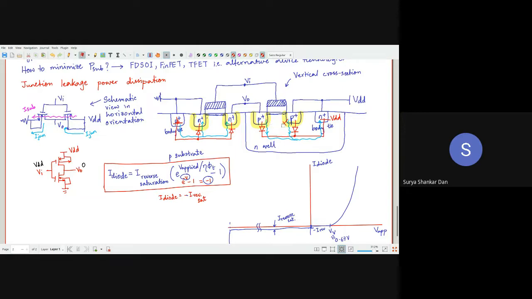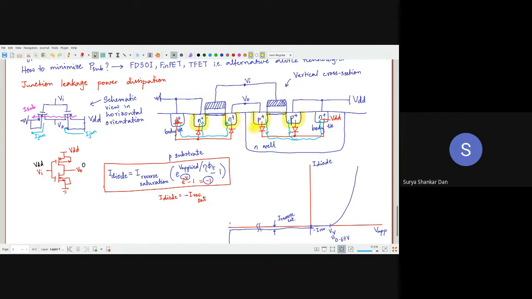Latch up is slightly different from this. Latch up happens between two neighboring transistors. Here there are no two neighboring transistors. Please understand that latch up, I will teach later also, but latch up is essentially related to layouts. Many of you might be thinking that, sir, this is similar to latch up. Yes, it is similar, but in layout that problem comes.